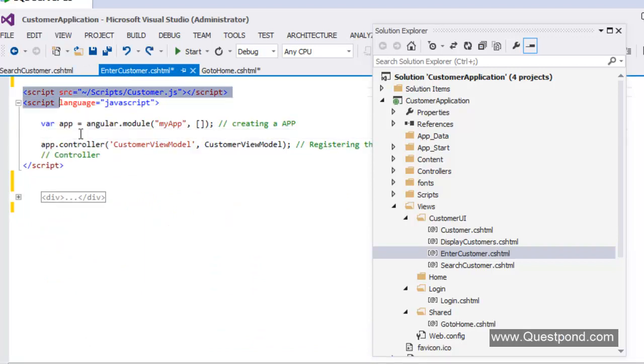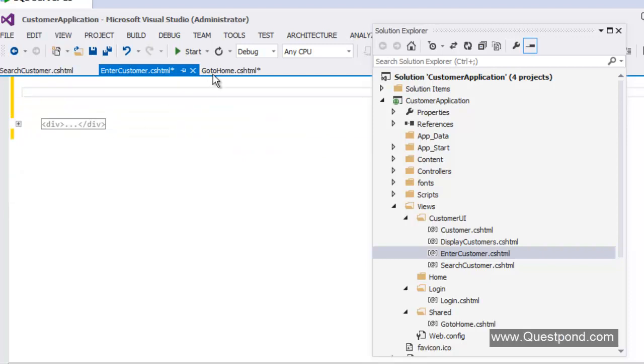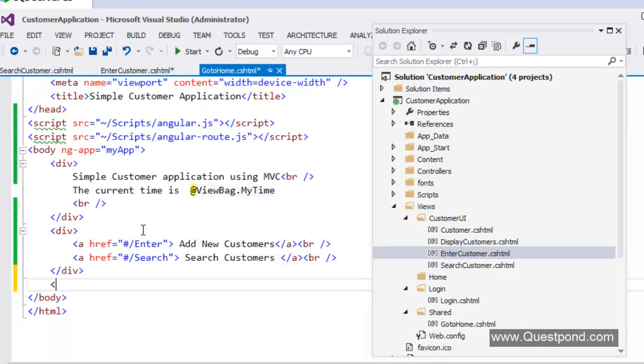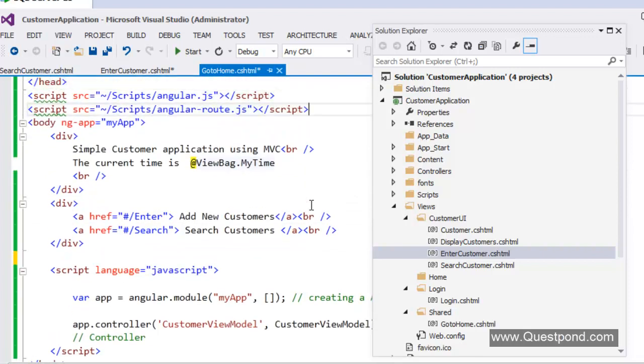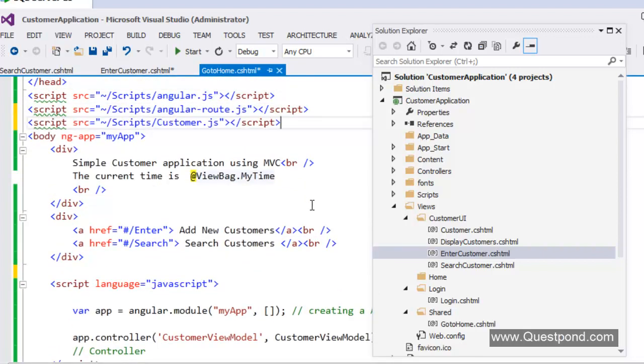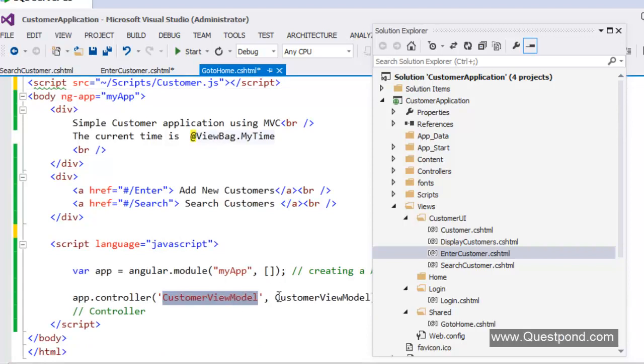All of this I'm going to take to my shell page. So you can see now my shell page has the app. It also creates the object of the customer view model, right? So I've just moved all the code to the shell page, and the shell page will provide the necessary objects to my pages, which are going to load dynamically through routing.